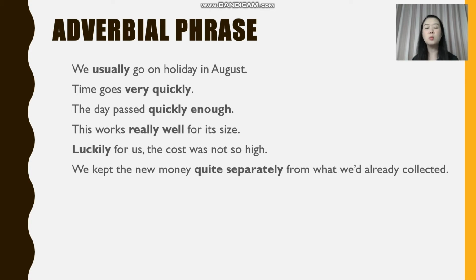We kept the new money quite separately from what we'd already collected. So here we have the word separately as the head word of this adverbial phrase, and we use the word quite, that is an adverb of degree, as the modifier. And we have two words in this phrase, but the word separately, that is the head word. Okay, let's move on to another one, that is